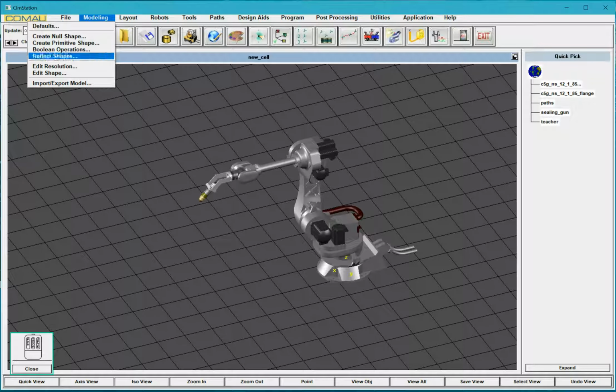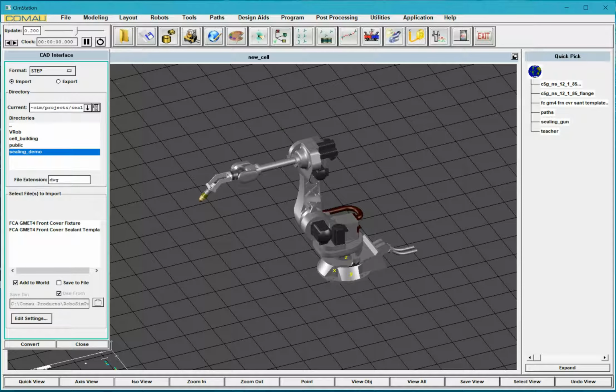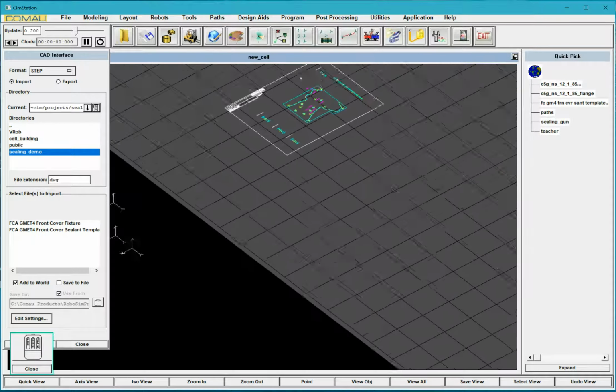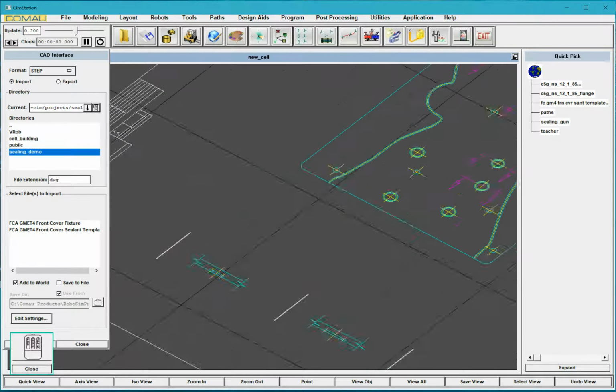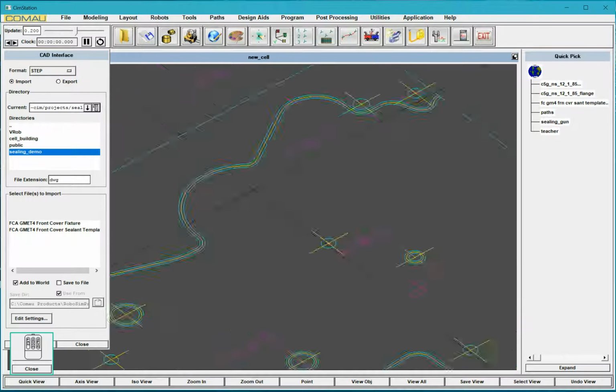And what we can do is we can import a lot of different CAD formats, including DWG. And in this case, the part that we're going to seal is a 2D DWG file. And you'll see here that it has curves that we want to simulate. So we're going to say that we want to seal this curve right here, this yellow curve inside these two